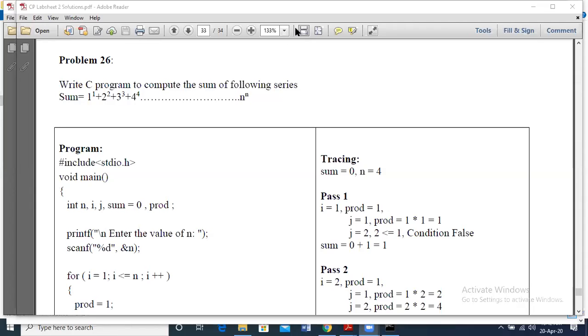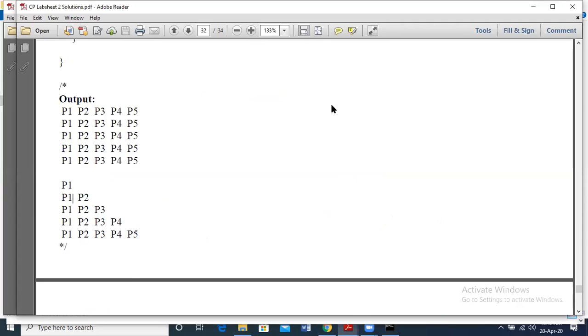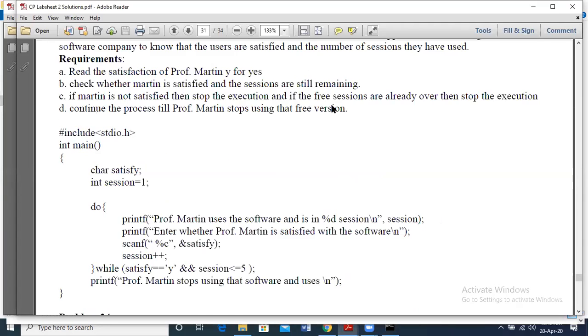The 26th problem: write a C program to compute the sum of the following series. So we need to compute the sum of a series. Similarly, we discussed the previous problem, like 2 plus 4 plus 6 plus 8 and so on up to n. We had to add the even numbers.